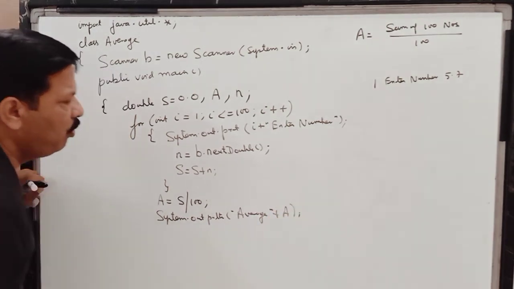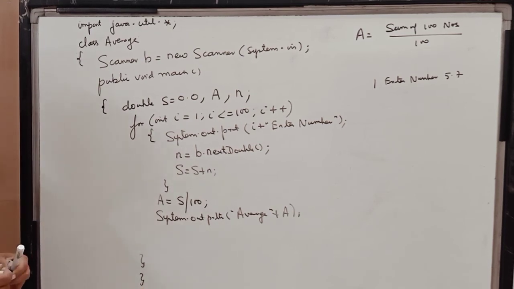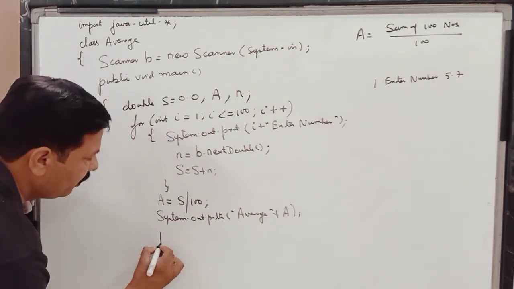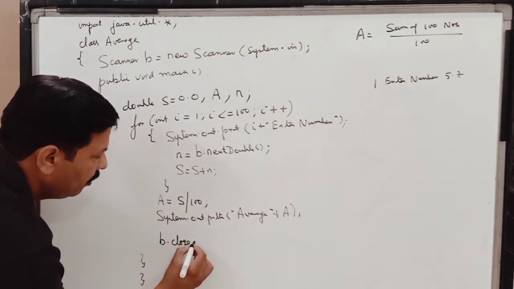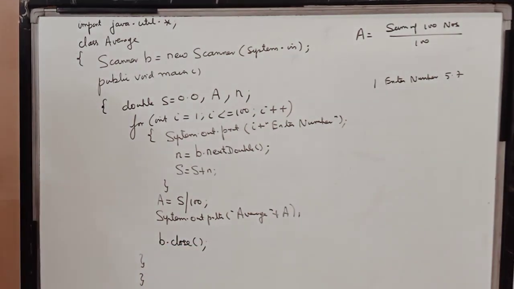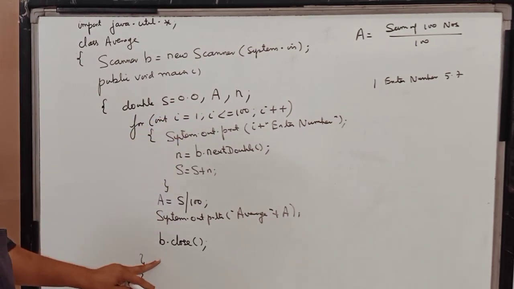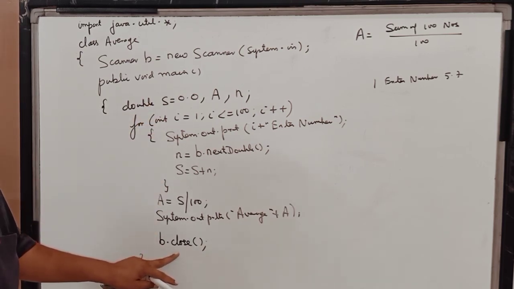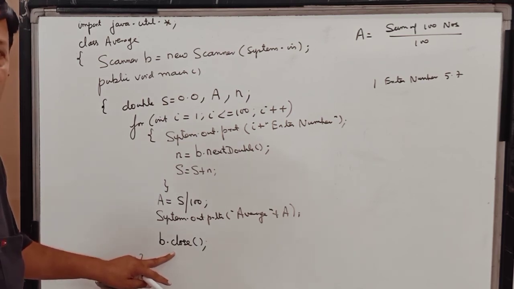And children, there is one more thing. You can end your program here. This program can be ended, but in some cases, although it is not required in BlueJ, you will see that a statement like b.close() is written. Whatever we have opened as an object, we are closing that object. So children, even if you don't write this statement, there will be no difference in programming if you are doing it through BlueJ.